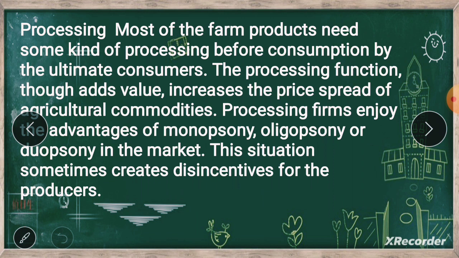The eighth point is processing. Most of the farm products need some kind of processing before consumption by the ultimate consumers. The processing function adds value and increases the price spread of agricultural commodities. The processing firms enjoy the advantages of